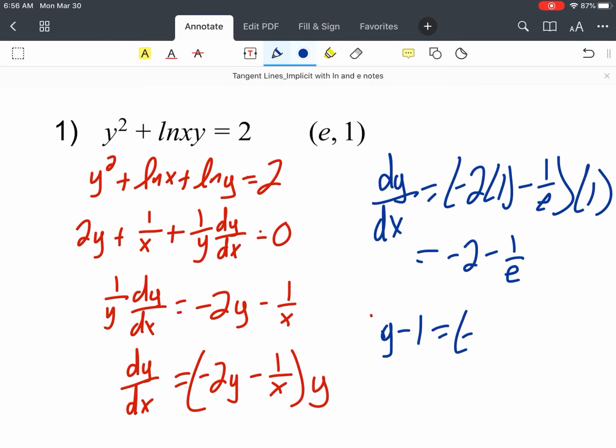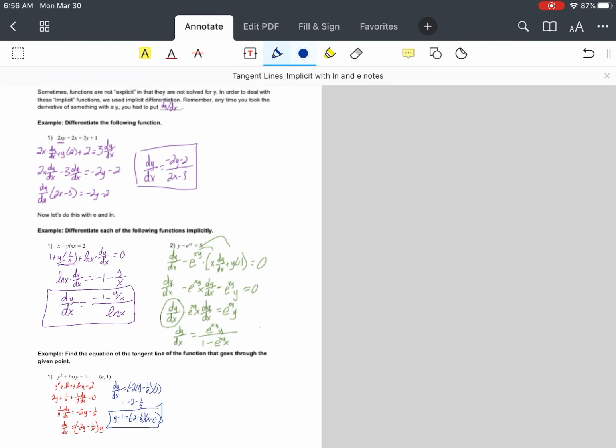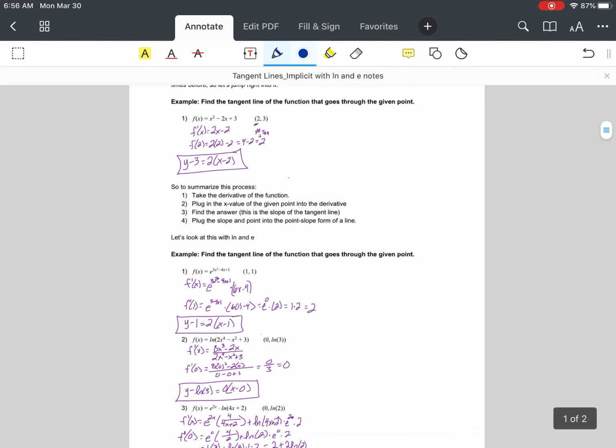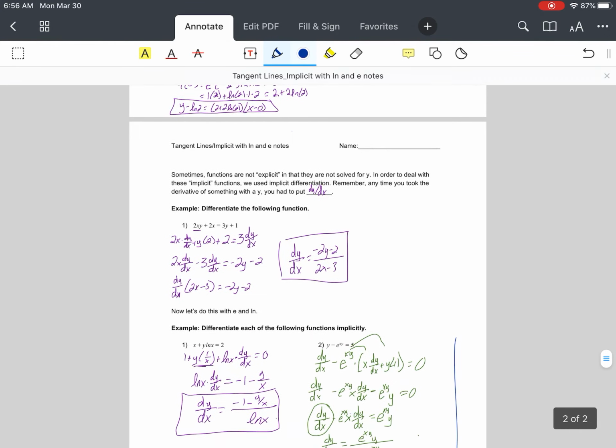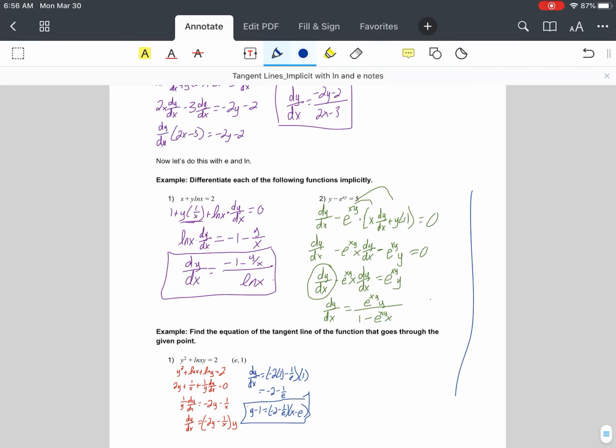So our final answer is y minus y1. So y minus 1 equals negative 2 minus 1 over e, times x minus e. And there's our tangent line. So today we went over how to find the equation of a tangent line just regularly. Then we went over implicit differentiation and how to find the tangent line when you implicit